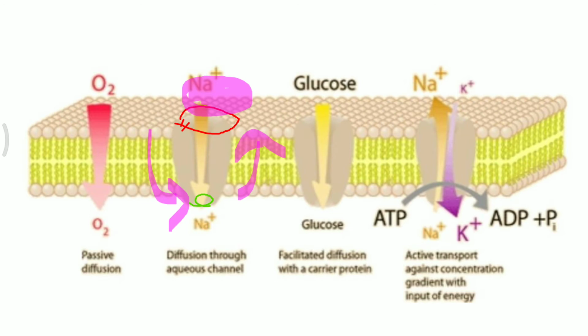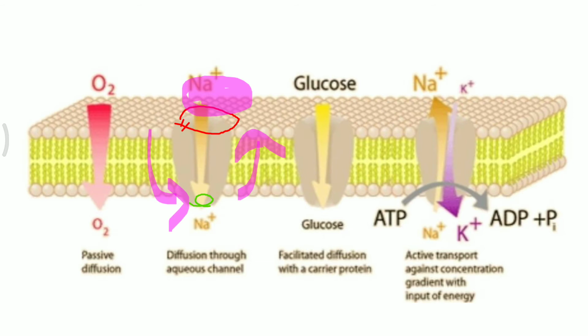The transportation rate is maximum when the size of the molecules is quite small. The facilitated diffusion always takes place in a shape-specific manner. So the shape of the substance or the molecule which is to be diffused is very important, because the shape of the porin is going to change. Porins are the carrier proteins whose shape is going to change whenever any substance gets attached to them. So it is shape specific.